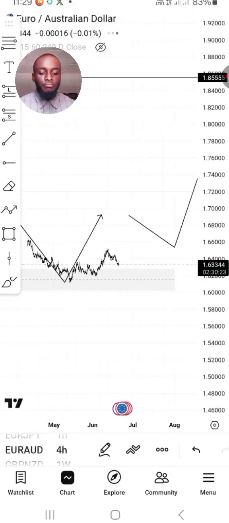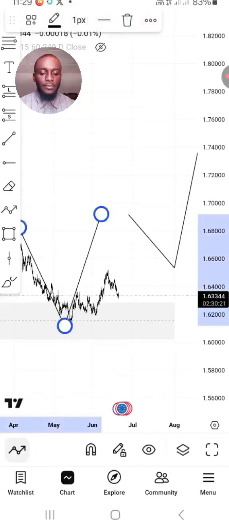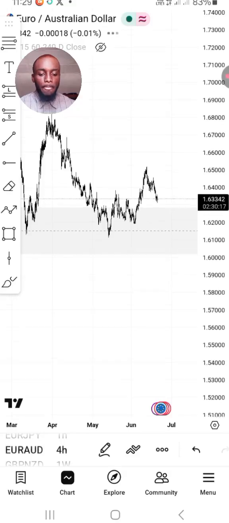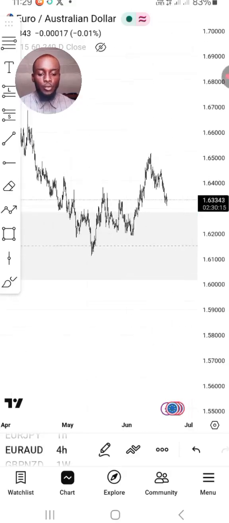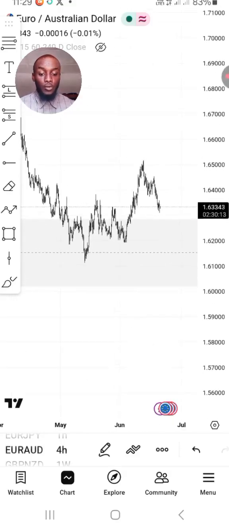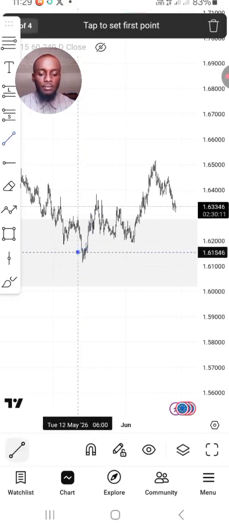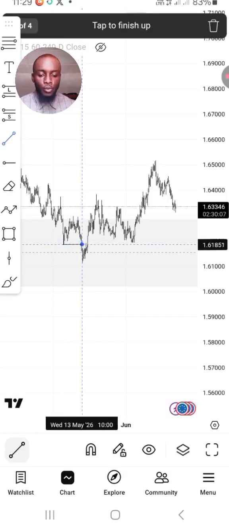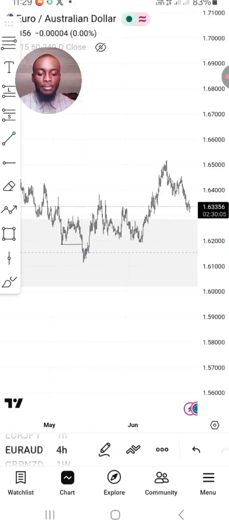So on the 4-hour time frame, as you can see, immediately price came into this zone, tapped this zone the second time. We had a shift in market structure here, like we had a sweep in market structure at this zone. After this happened,